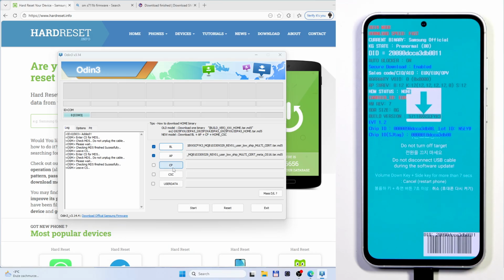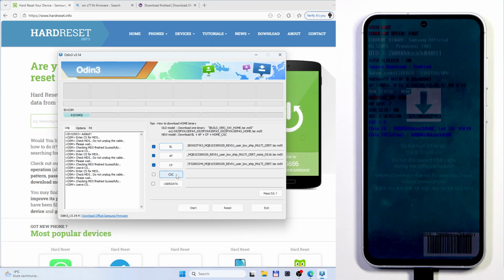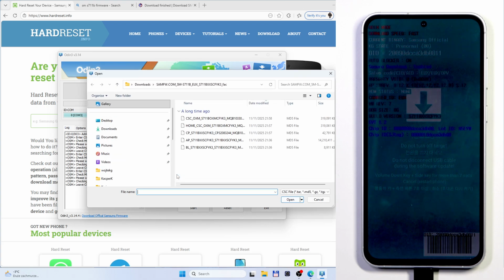Okay, now the CP, select the CP file, and now a really important thing, we are picking the CSC file,